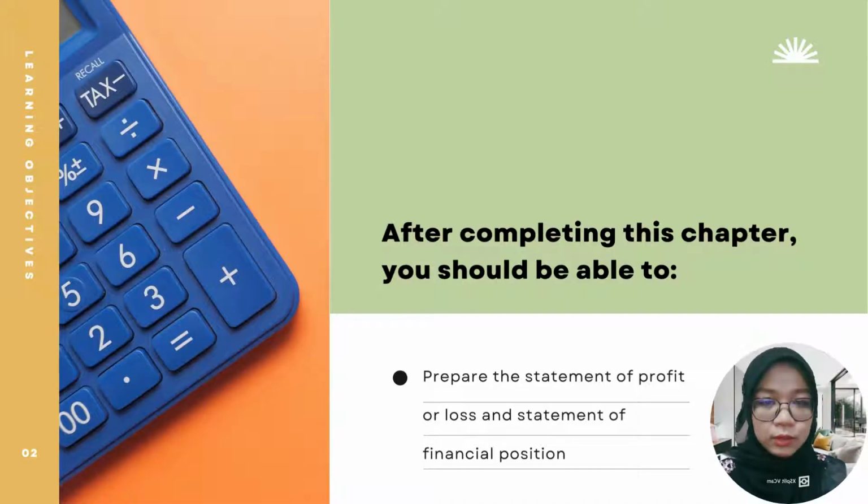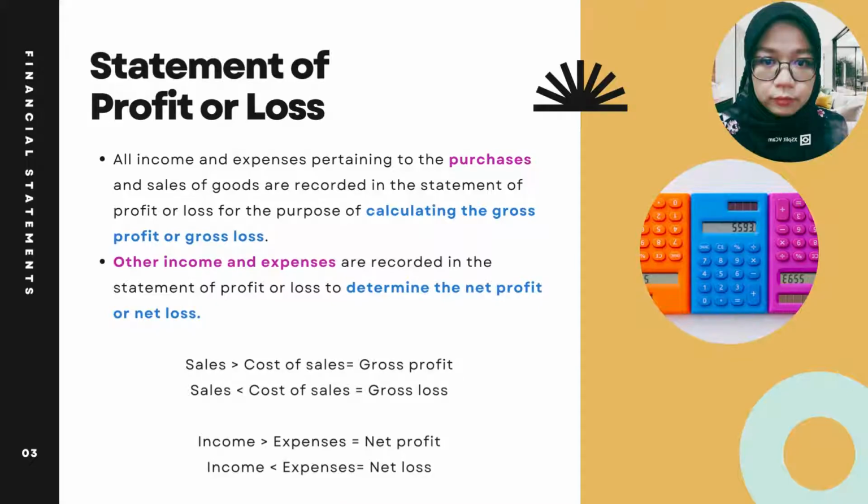So after completing this chapter, you should be able to prepare the statement of profit or loss and also the statement of financial position. In accounting, for any transaction incurred, you should record a journal entry, and then from the journal